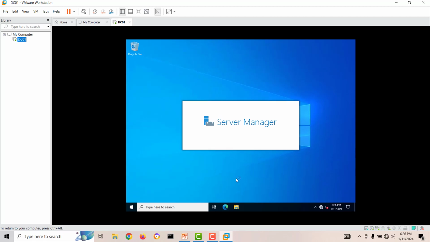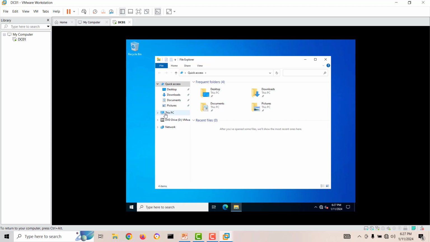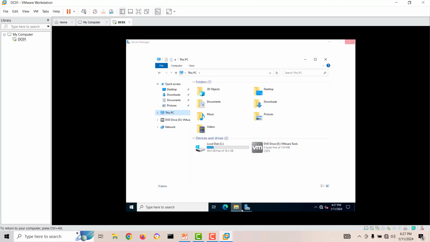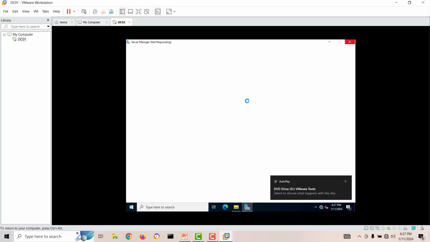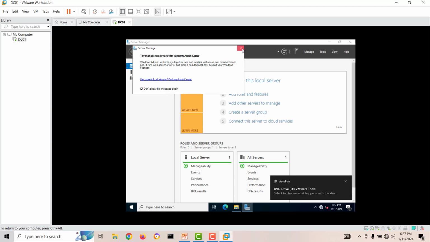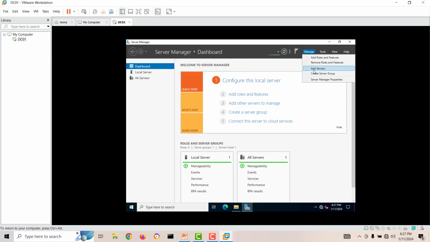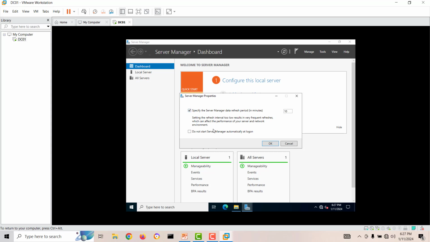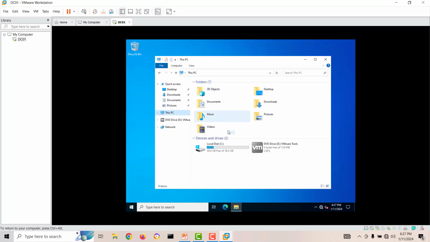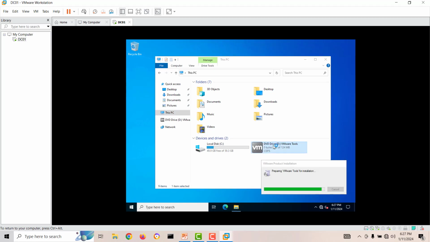and you can close this one. And if you go inside File Explorer, you can see in This Computer the VMware Tools media is mounted. On the back end, by default the first time, our Server Manager is open whenever Windows starts. So we will make sure next time this does not automatically open, so we will close this one. Okay, so first we will install our VMware Tools. So we will just double click